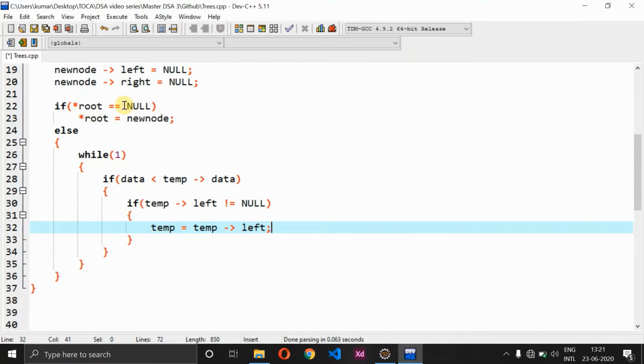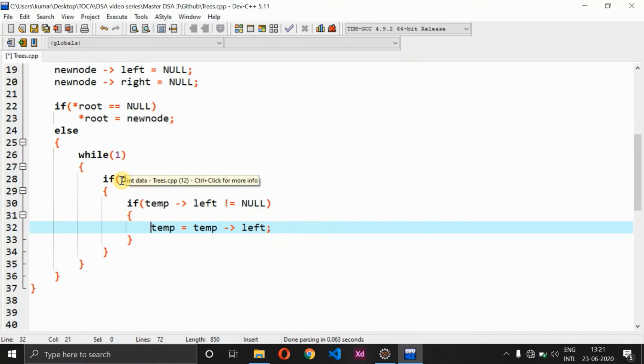So why do we do this? If the data is less than my temp of data, it means that it should be in the left subtree, and the next step is I will be checking whether temp of left is not equal to null, right? If it is equal to null, then I can directly store that value. That is, I can directly say it as a new node. Else I have to change temp to temp of left.